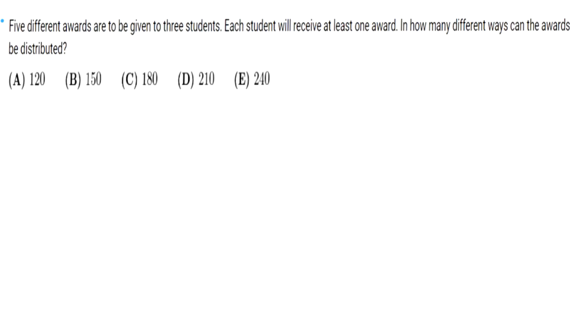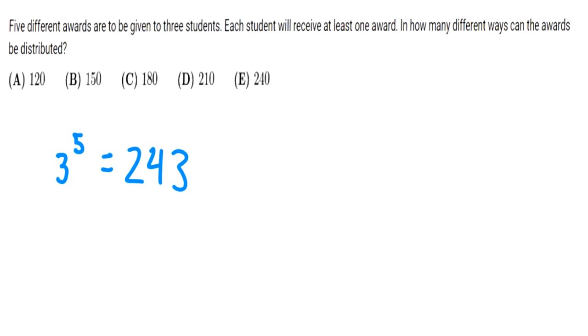Okay, next question. 5 different awards are being given to 3 students. Each student will receive at least 1 award. In how many different ways can the awards be distributed? So, the first thing you have to do is find out how many awards in total can be distributed, which also means all the possibilities. So, for that, if there's 3 students and 5 awards being distributed, if you do 3 to the power of 5,